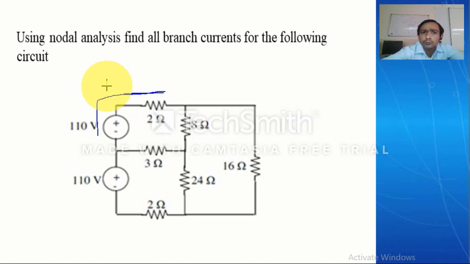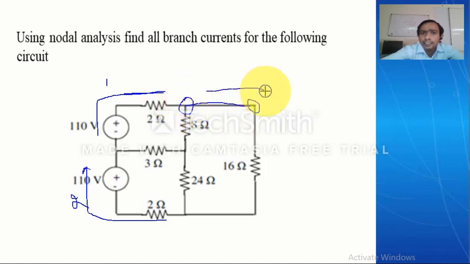That is a voltage source of 110 volt and a resistance of 2 ohm. Then this is another single branch. Let this branch be 2. Then the third branch is from here. These two are the same node. I have already told you, if there is no element between any two nodes, those nodes can be treated as a single node. So this and this is a single node. So this is the third branch element, and I need to calculate current in this also.